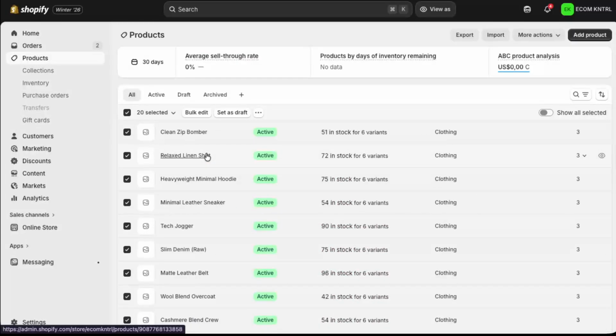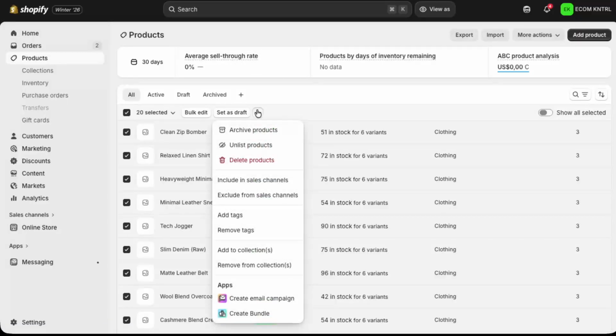If you have more products than fit on one page, Shopify will usually show a message at the top saying something like, "All X products on this page are selected," along with an option to select all products in your store. Make sure you click that link if you truly want to delete everything, not just what's on the first page. Once everything is selected, look to the top right area of the product list for the 3 vertical dots,